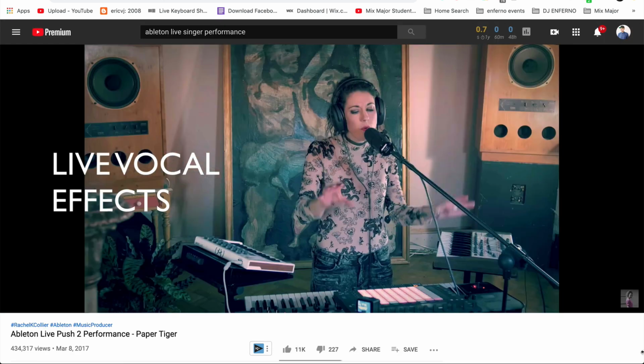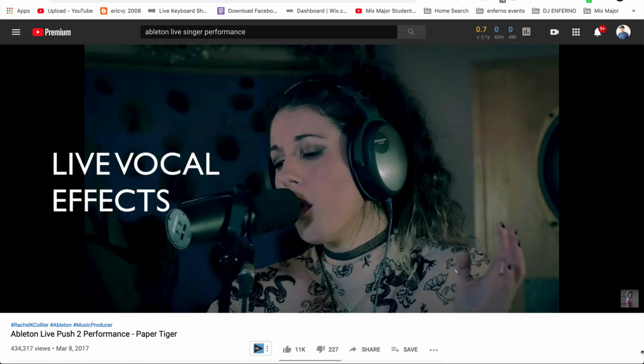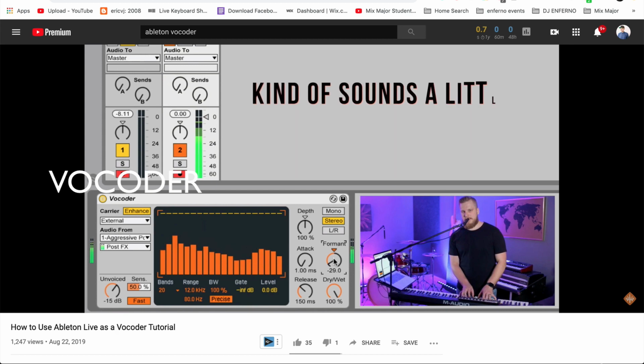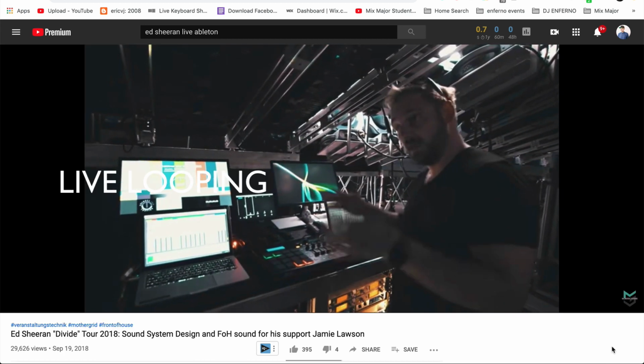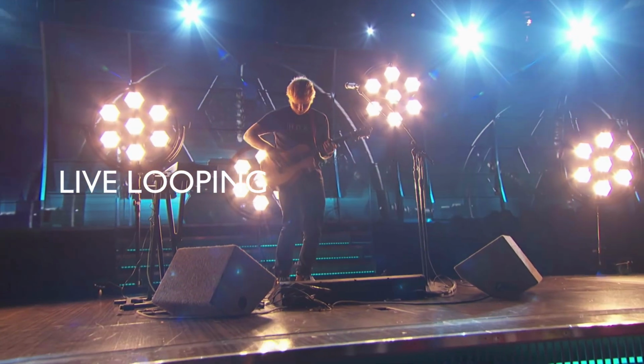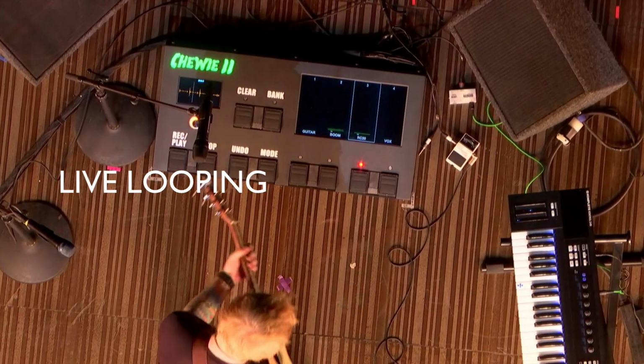You can route your microphone into Ableton's built-in vocal effects and use it like an effect rack in a live environment. You can even turn your voice into an instrument using the built-in vocoder. You can even turn Ableton into a live looping station. This is how Ed Sheeran uses Ableton for his live shows, and it's the feature that I originally bought Ableton for